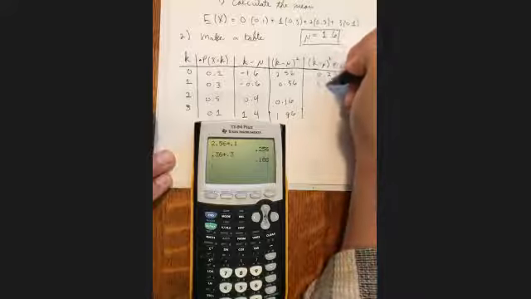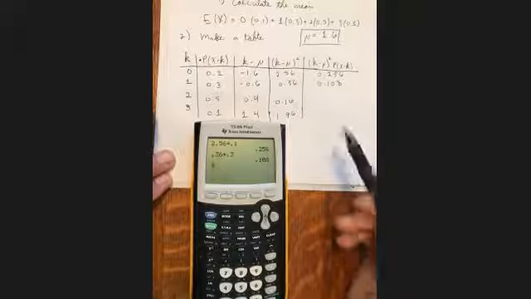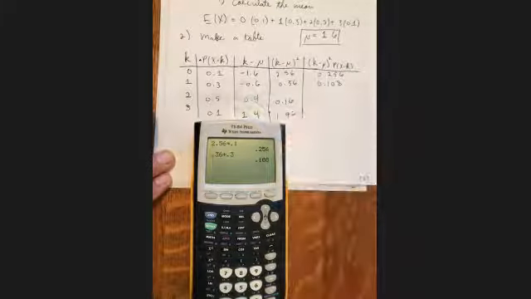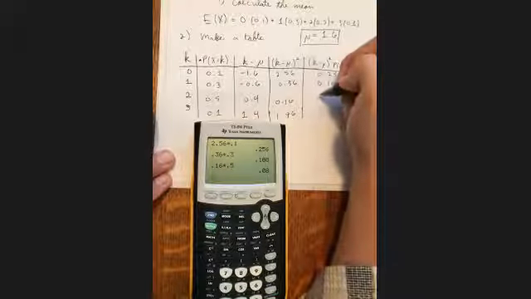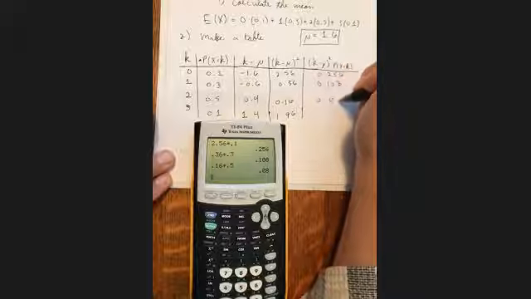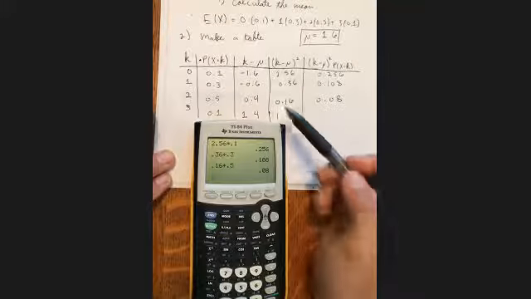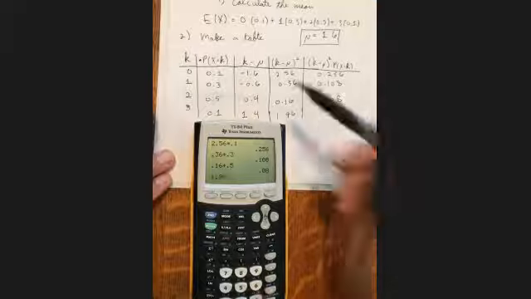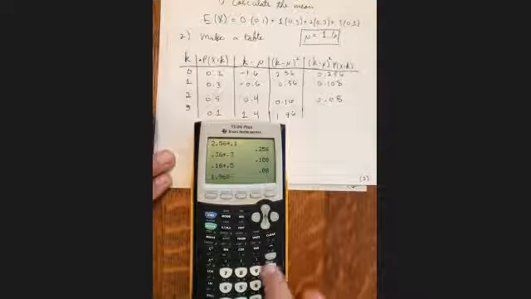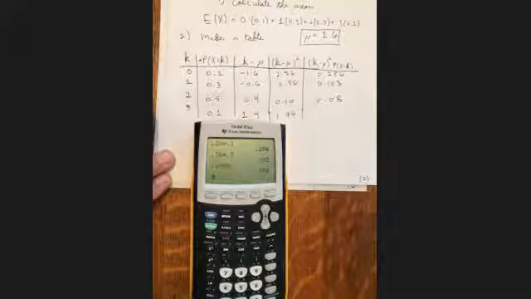That gives us 0.108. Then we'll take 0.16 and multiply by 0.5. That gives us 0.08. And then finally, we'll take 1.96 and multiply it by 0.1. And that's